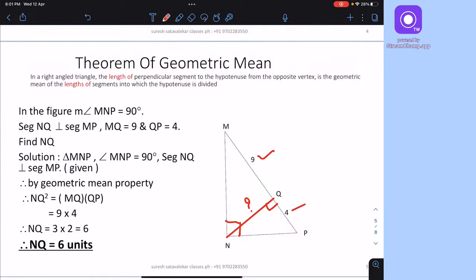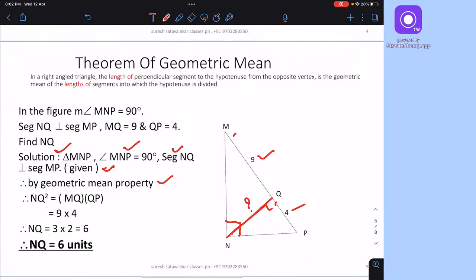So here also you will find that the geometric mean property applies. The perpendicular on the hypotenuse from the opposite vertex, you can say the altitude on the hypotenuse, is the geometric mean of the segments into which the hypotenuse is divided. So solution: in triangle MNP, angle MNP is 90 given, and seg NQ is perpendicular to MP given, and